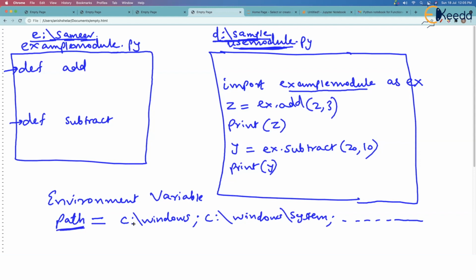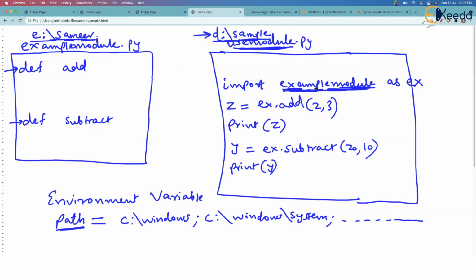This is true about Mac, Linux. There will be path. Now what happens whenever you are importing a module? Think about it. This is a module you are importing. What will Python do? First, Python will search, is this module present in this folder in which you are currently working? Python will not get this.